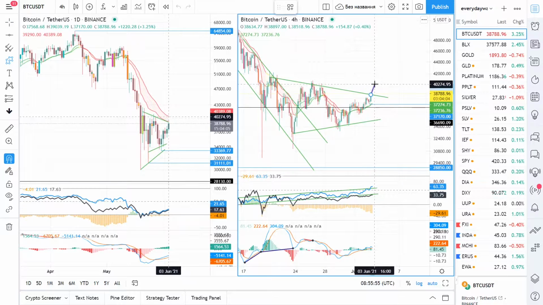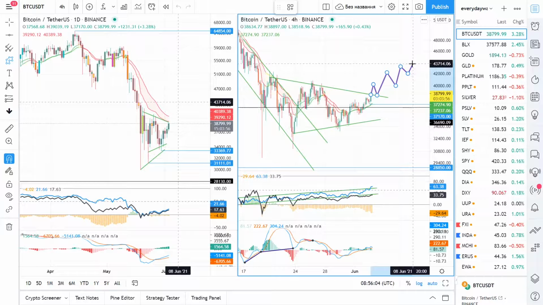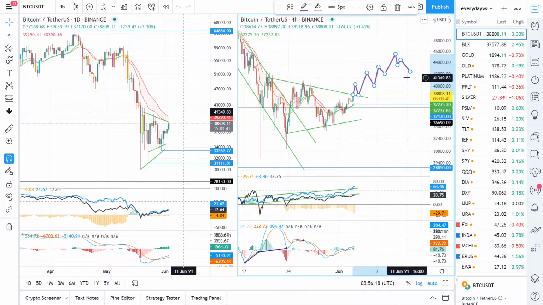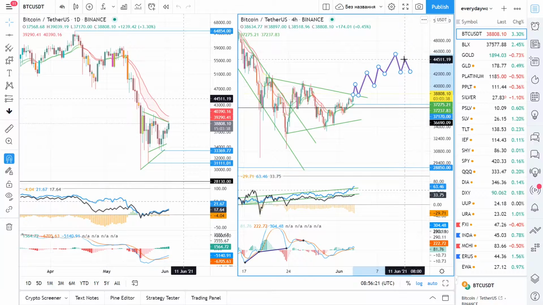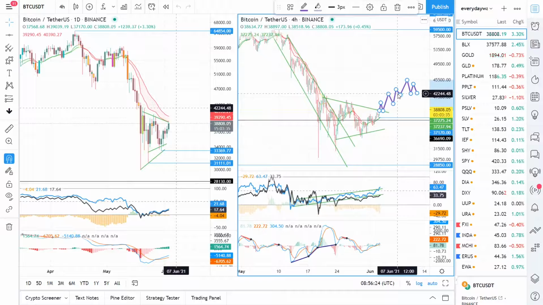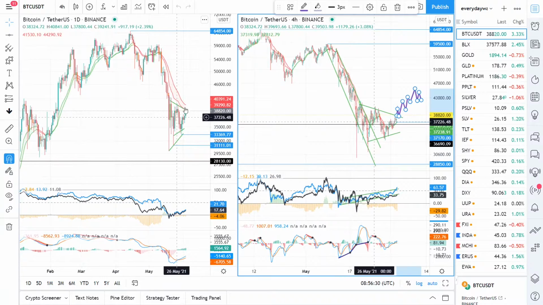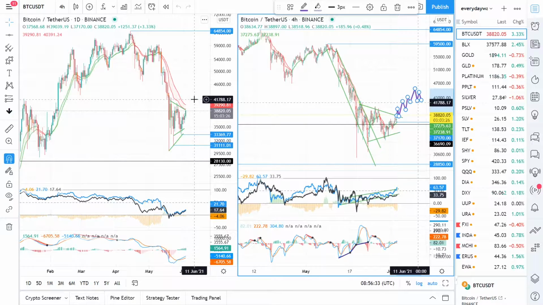We'll have probably a breakout here with a retest and slowly grinding up, maybe to the 45k maximum, and after that we're just forming something of a reversing pattern right there, and probably at that point we will mark another shoulder on the daily chart. In fact, we can mark that shoulder even at 41,